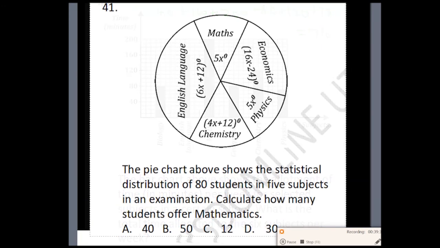710. So these questions actually show a pie chart or distribution of 80 students distributed as this. The question says calculate how many students offer mathematics. So the first thing we're going to do is to find the value of x here. If we add everything inside this distribution, it should give us 360, which is the angle in the circle. So 5x plus 6x